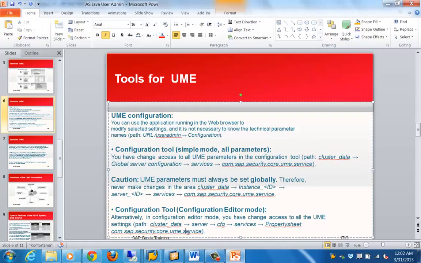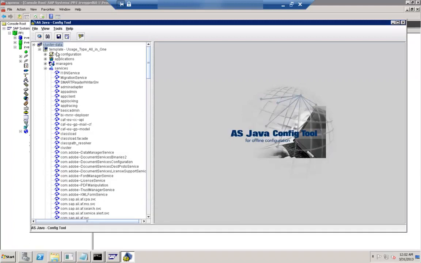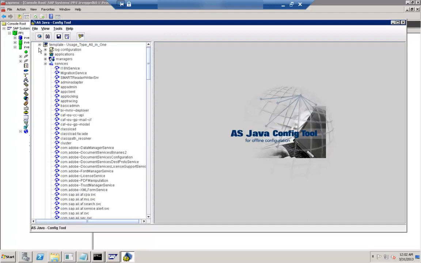So let's scroll to this location, so you'll get an idea about how to scroll within a config tool. Let me go to that system. This is your cluster data. Under cluster data you need to go to the global server configuration. This is your template, global server configuration. Under that, go for the services, and under services you can search for